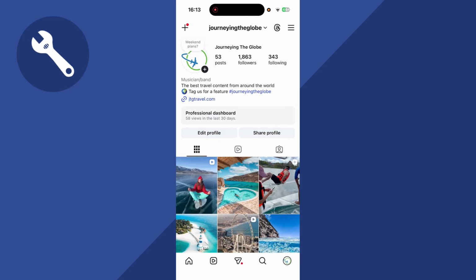How to add a user to your Instagram business account. So this can be really useful if you want to add an administrator or a moderator to help you manage your Instagram account. Now, the first thing you need to do is just make sure you have a business account